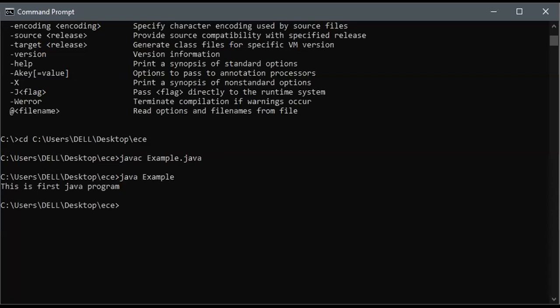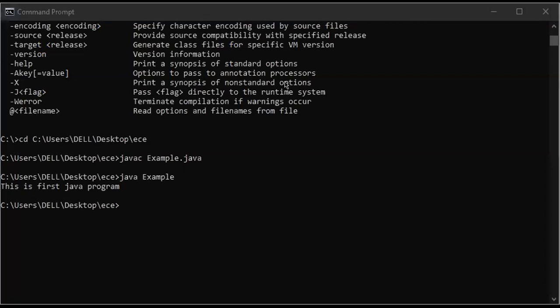Okay. So the program has been done. It is a manual way. If the project consists of 100 programs, I mean, 100 Java files are available, the manual way takes more time to do the project. So that's why each and every organization is using tools like Eclipse, NetBeans. Let me tell you the words. The people or organizations are using mostly